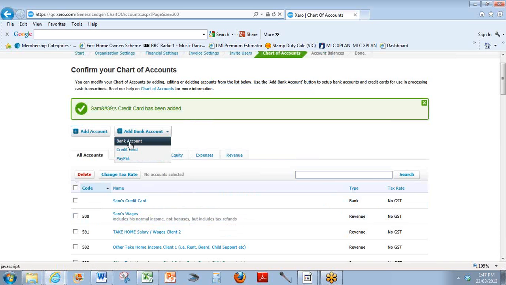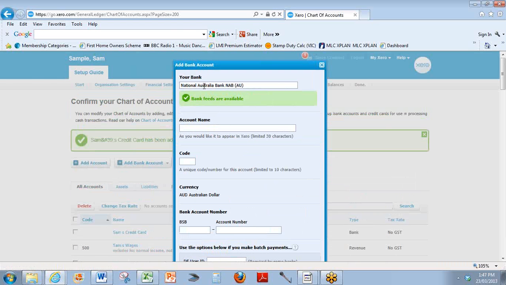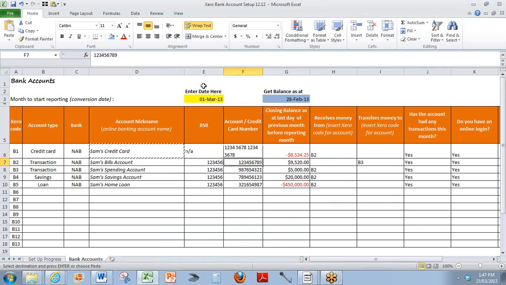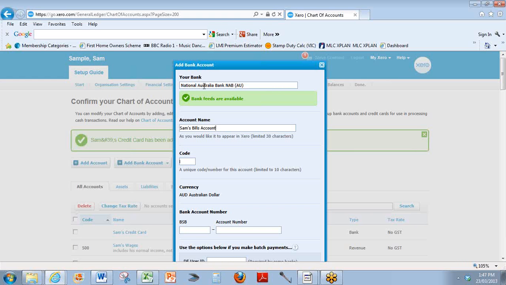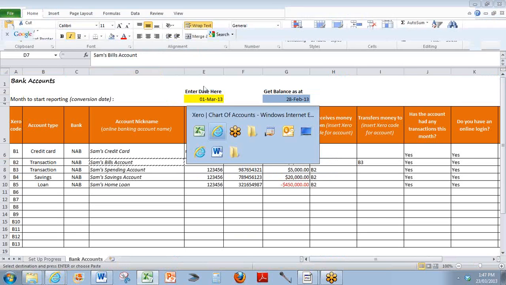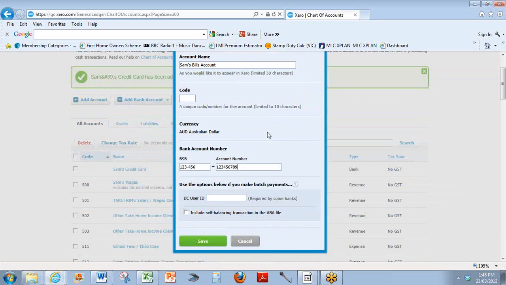We'd go through and we'd do it for each of his accounts that we need to add in. So we're adding a bank account this time. We've picked NAB, and we know our next one is Sam's bills account, so we're going to copy that, paste that in, and we know his BSB is 123456, so we're going to put that in, and of course his account number is 1234567889. Ignore this batch options. We don't use that at all in the setup that we run. So you just hit save,